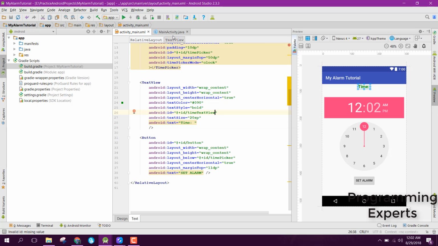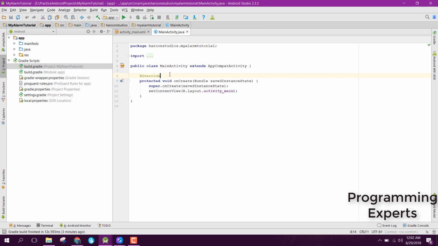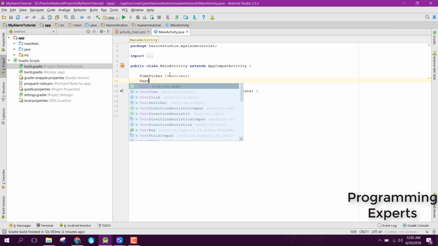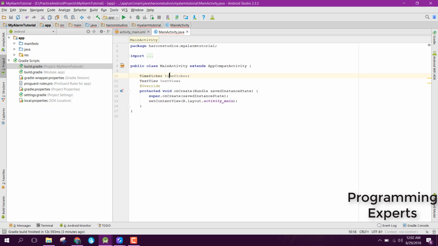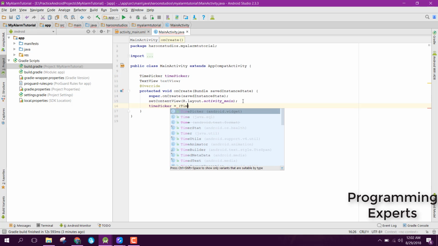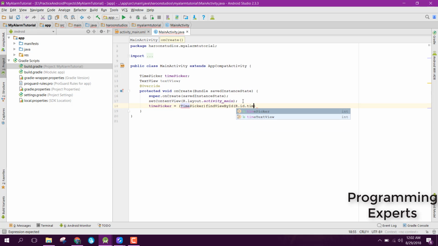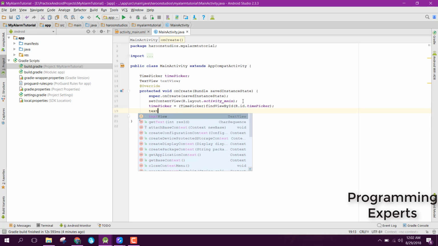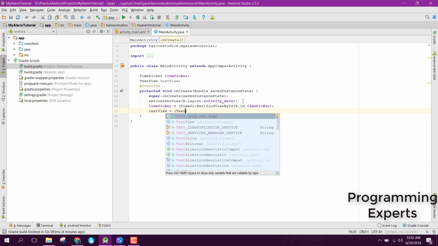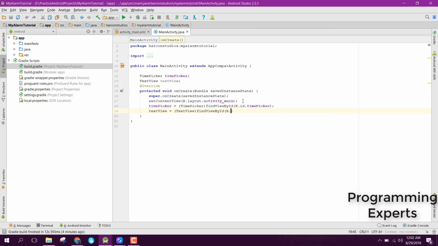view. Alright, so now go to your main activity, and in here first of all initialize both your controls, the text view and also the time picker. So first of all we can say time picker and then the text view. For the time picker we can say time picker equals to time picker find view by id R.id.time picker. Then we can say text view equals to text view find view by id R.id.time text view,